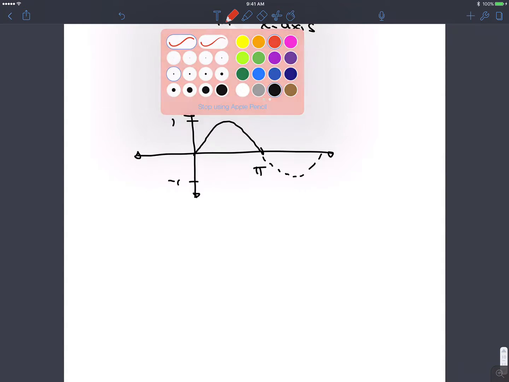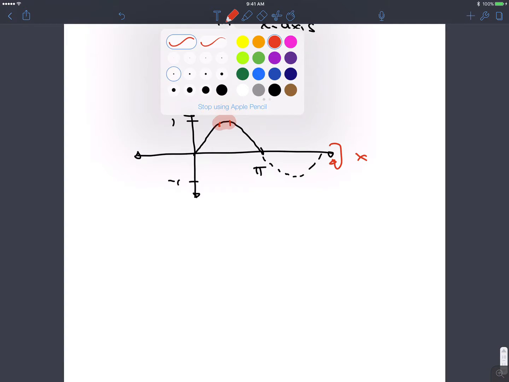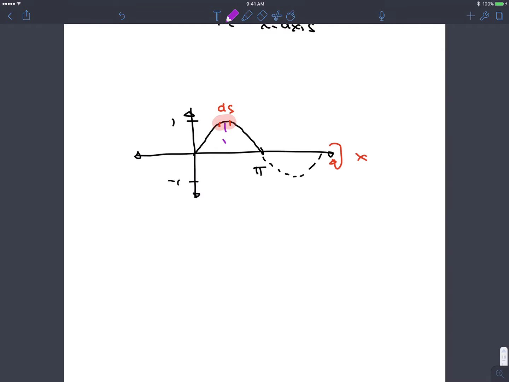Revolve this about the x-axis. And again, if you wanted, just focus on a strip, maybe right here. That's our ds. And notice yet again, we need that radius value. Here's our r value, because the strip they give you